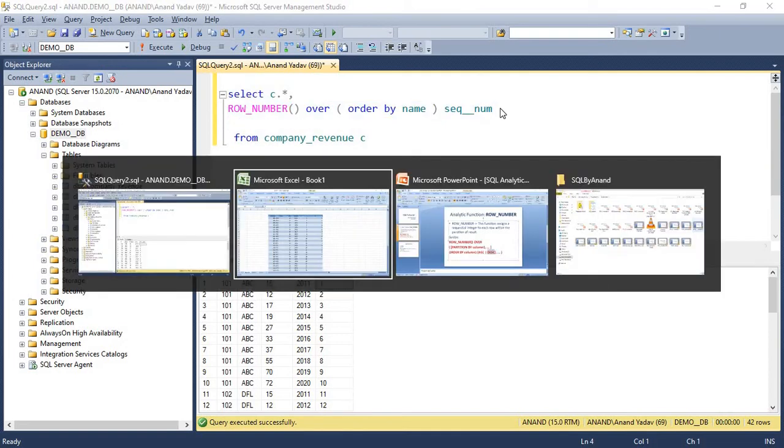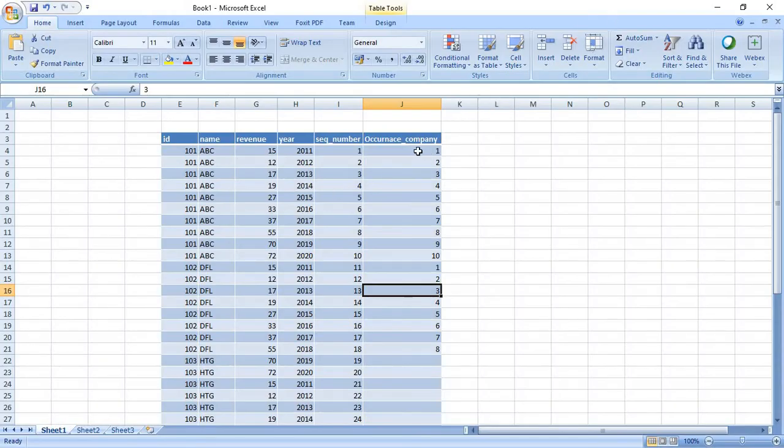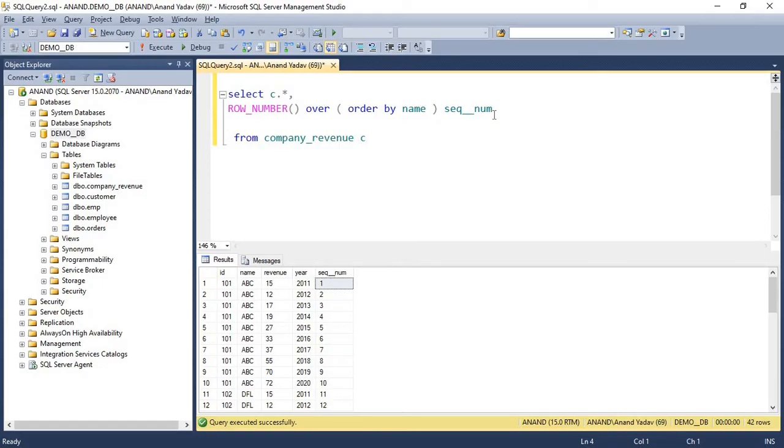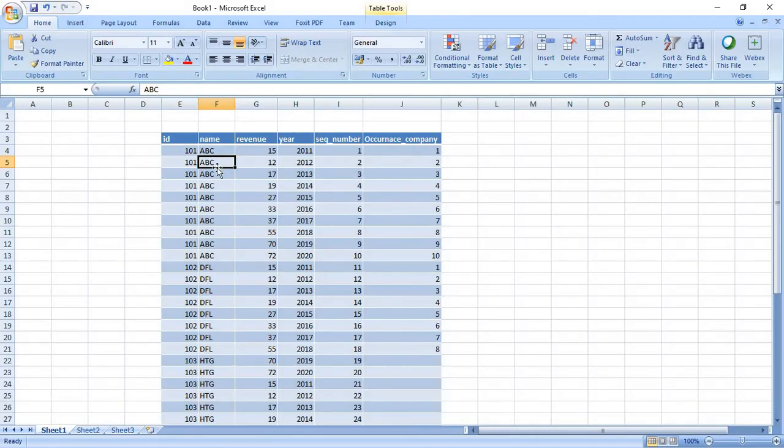Now the second problem statement: we wanted to know the occurrence of a particular company. ABC occurs how many times, and the sequence number for ABC is to be provided. We can do that with the help of the same analytic function, row number. As we wanted to generate the occurrence, that means we wanted to group the elements together.